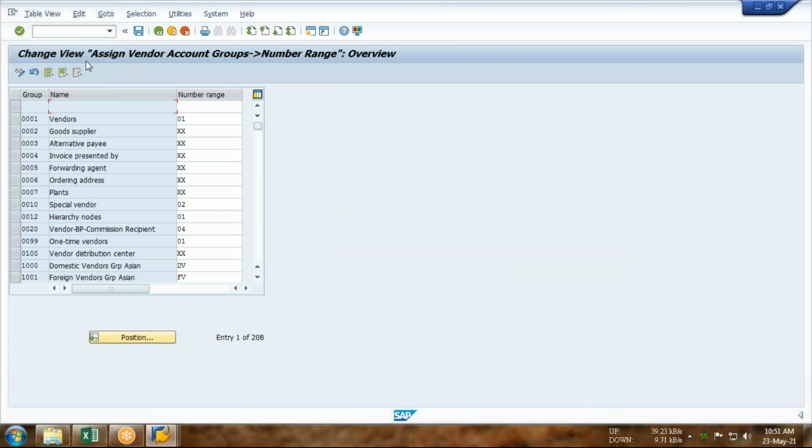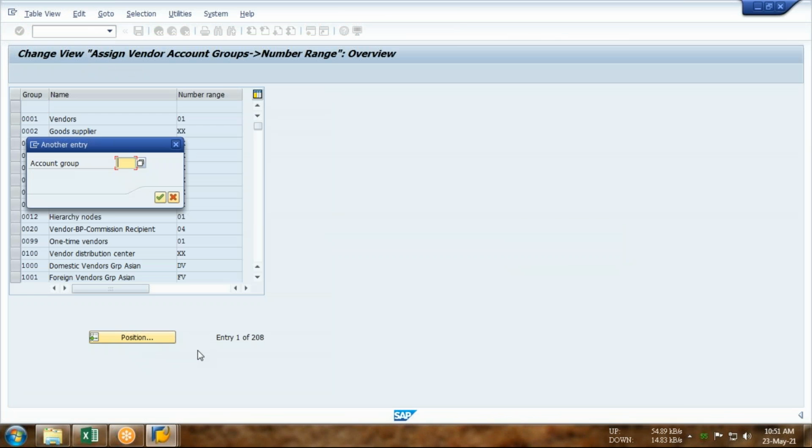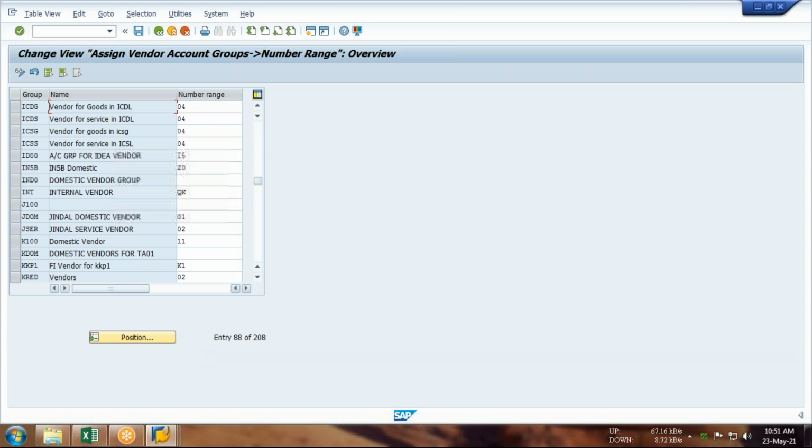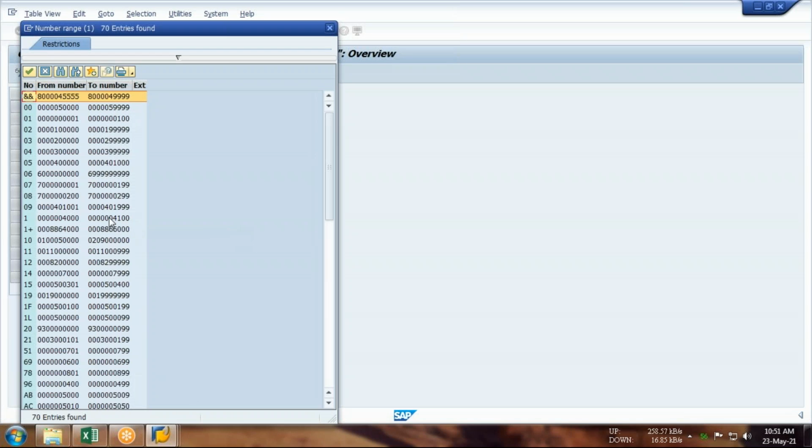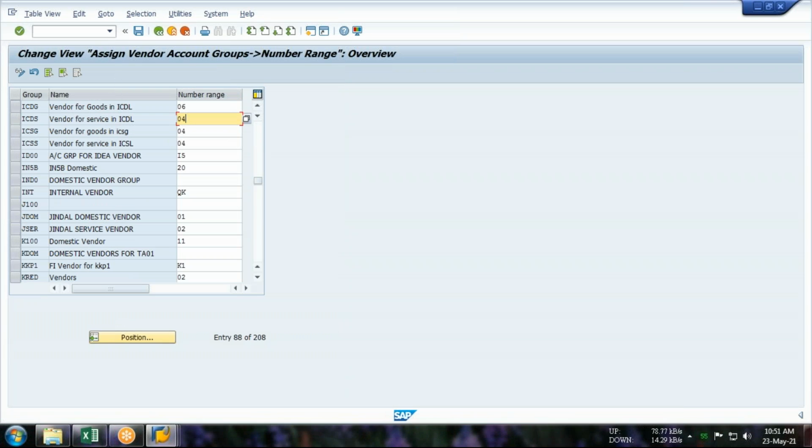I need to change the number range for my accounts group because that number range is almost full. That's why I'm getting this message. So I need to use this one, 06.